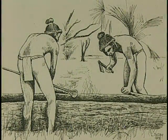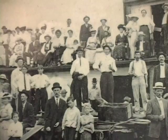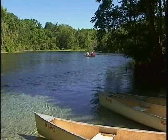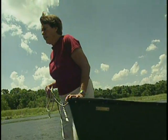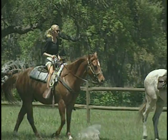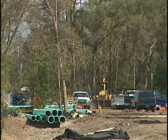The people who have lived here through time have been shaped by the richness of its ecology, from the Timucua and Seminoles and early pioneers to contemporary canoeists, swimmers, fishermen, and nature watchers. For those of us who use and live in the Wekiva Basin, it is both recreation and refuge. But the abundance that once stretched across our region